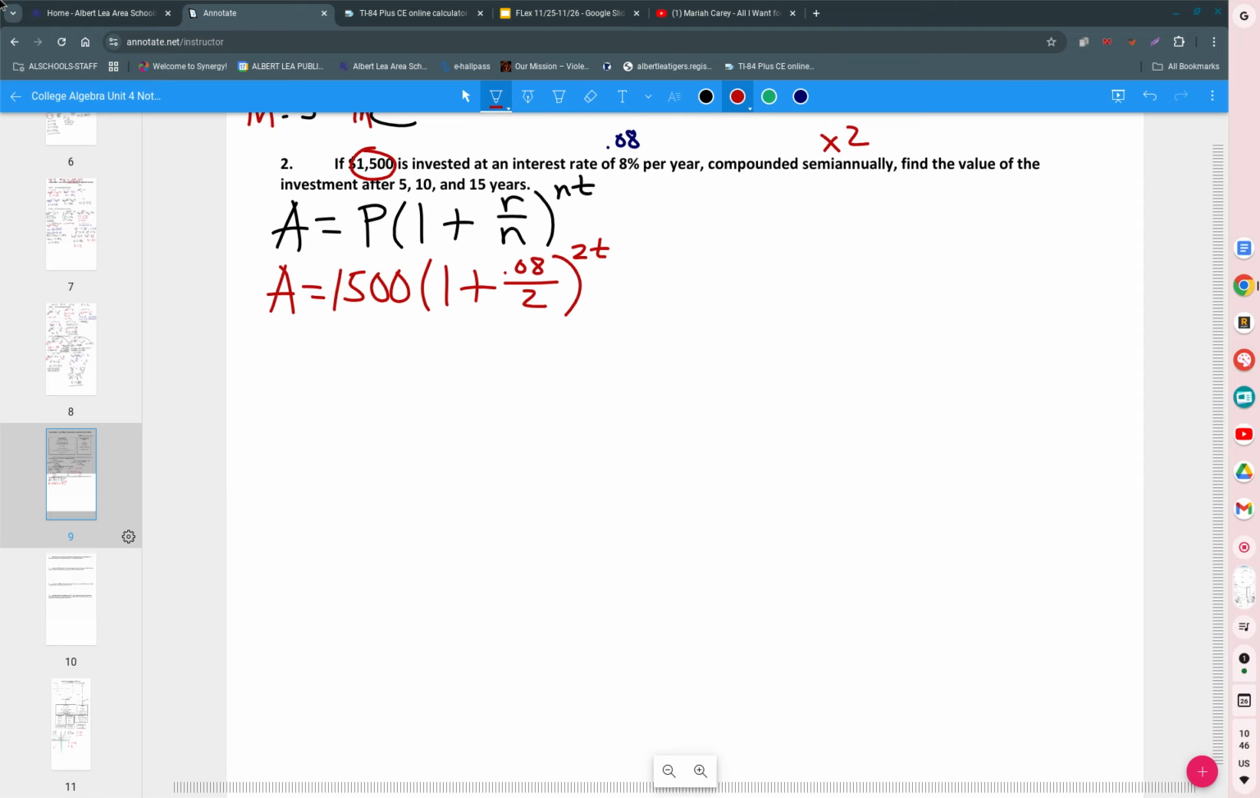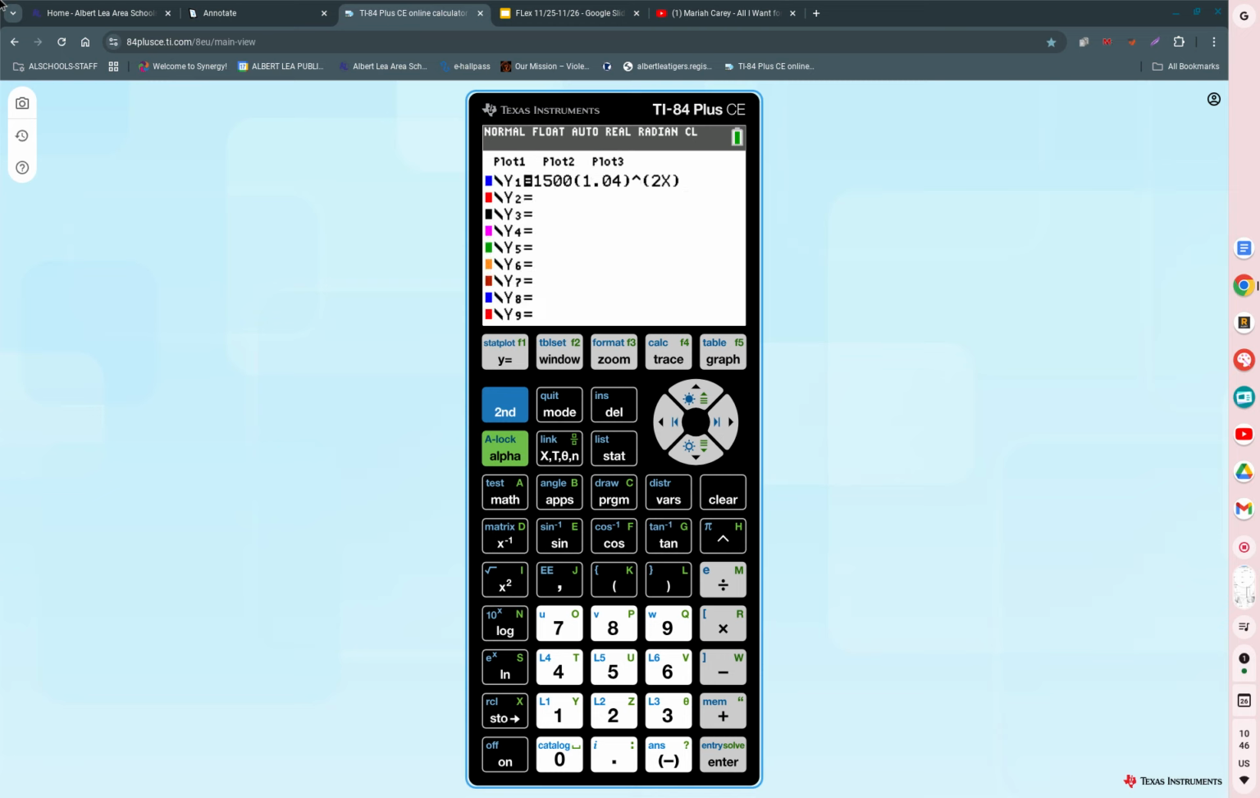So instead of calculating this 3 times, I'm going to use my handy dandy calculator to make this nice and easy. Notice I have 1,500, and I multiply that by 1.04 raised to the 2t power. I took the 0.08 divided by 2 to get 0.04. I added it. Now I go to my calculator, and I go into my y equals, and I type in 1,500 times 1.04, and I'm going to raise that to parentheses